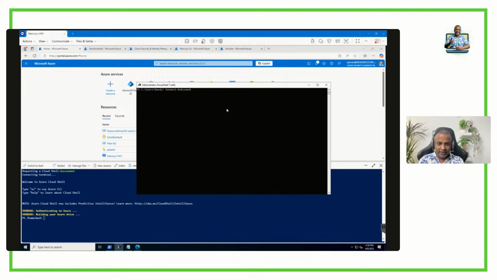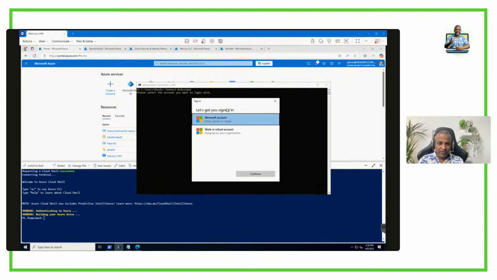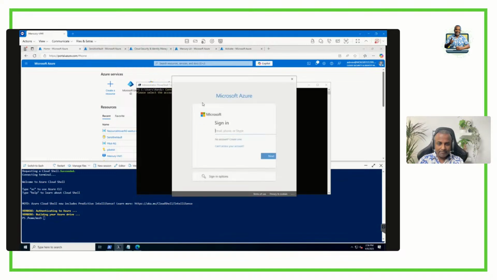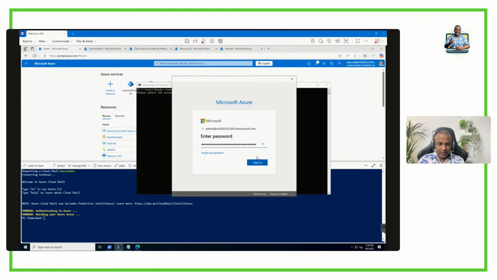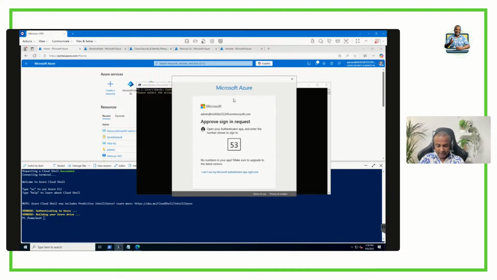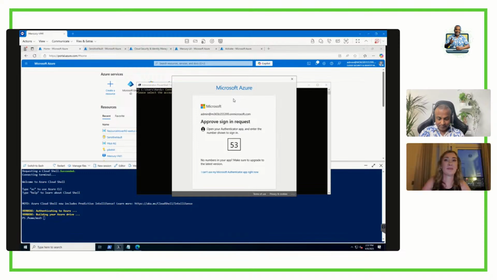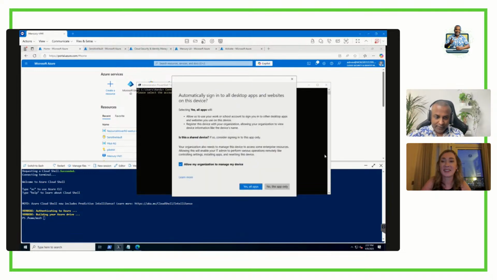So let's say with PowerShell, I'm using PowerShell 7. It will come up, so let me log in. You need to log in there with PowerShell. So if someone is trying to log in, let's say you logged in, you have the token, if you're already